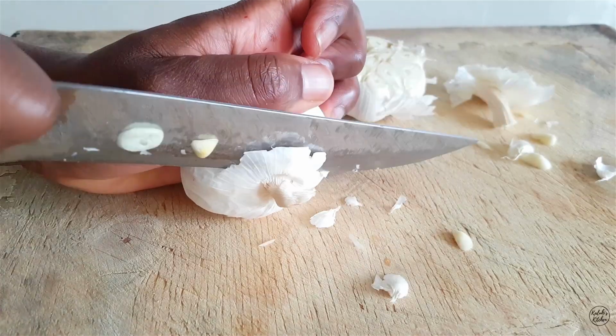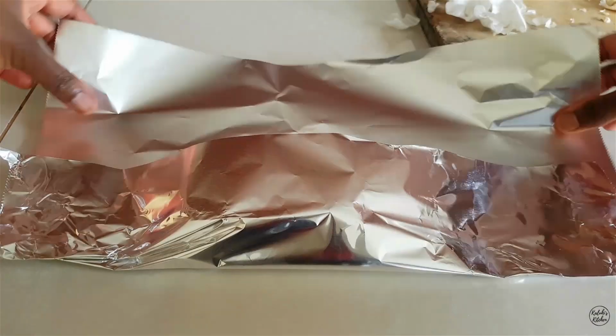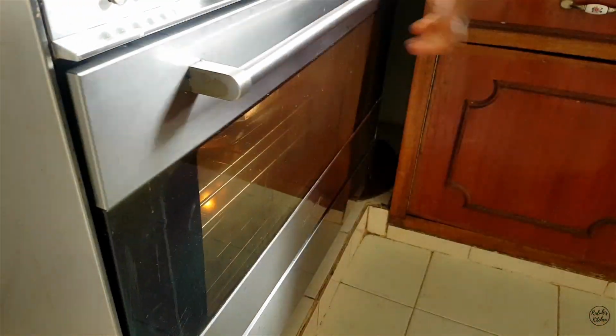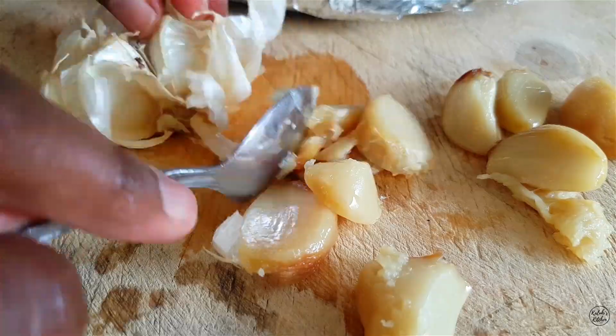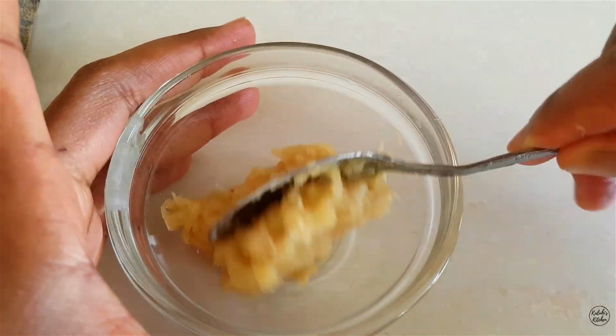So for my roasted garlic, which I prepared last evening, yes, I prepared it yesterday evening. Just take your garlic bulb, cut the top open, douse some oil over it, and then fold it into some foil, and then allow it to slowly bake at 150 for about 1 hour. Once you're done, your garlic will be very soft, almost spreadable, and then just mash it